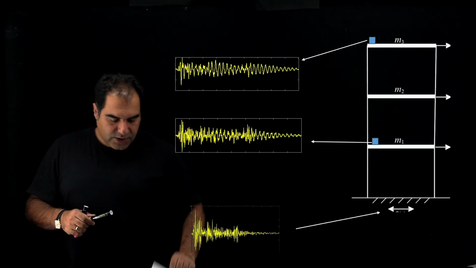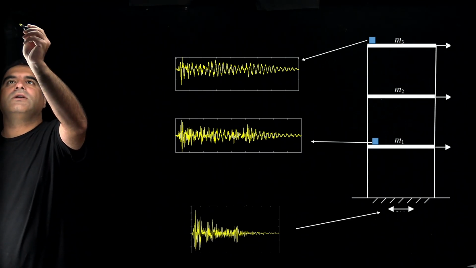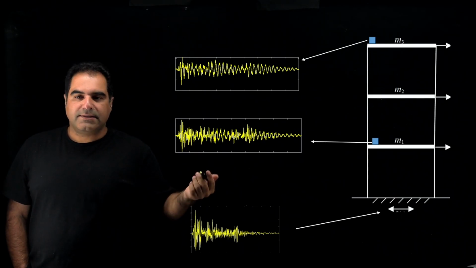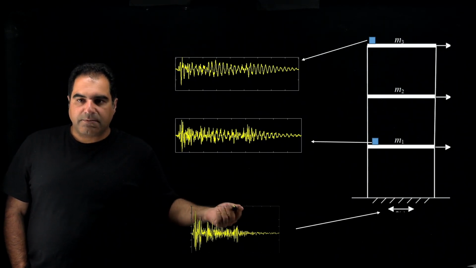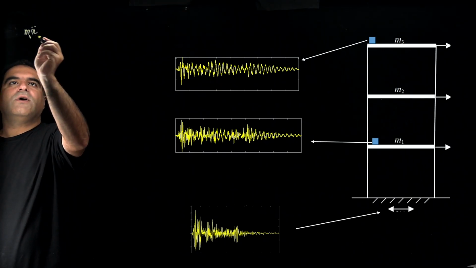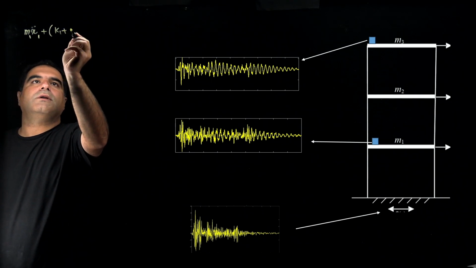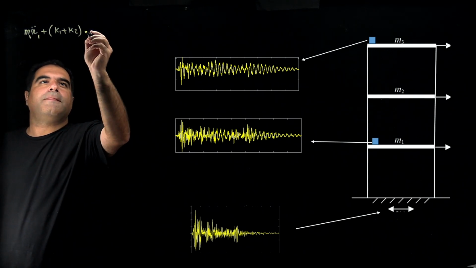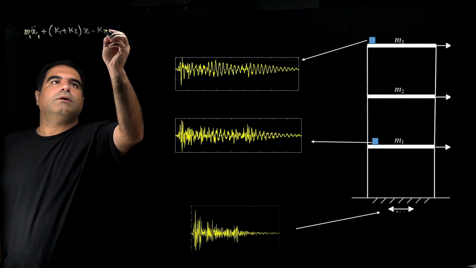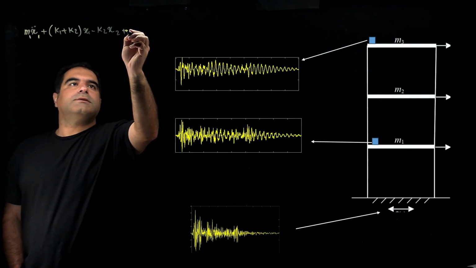For this kind of equation, I'm going to write the equation so you have a clue what I'm talking about. I don't want to prove where the equation comes from. As I said, you can find it in any standard vibration book. The equation will be M1 x double dot 1 plus K1 plus K2 x1 minus K2 x2 plus